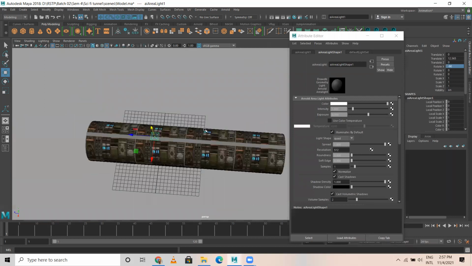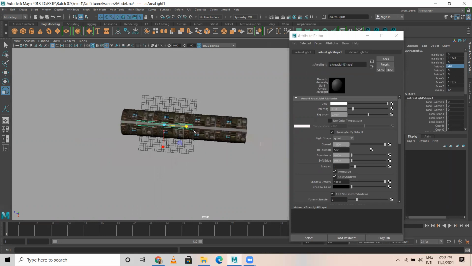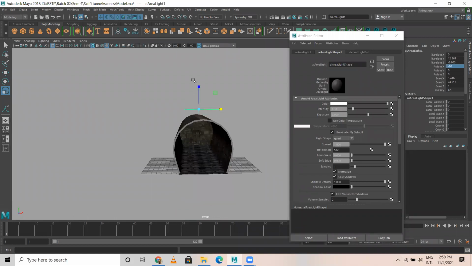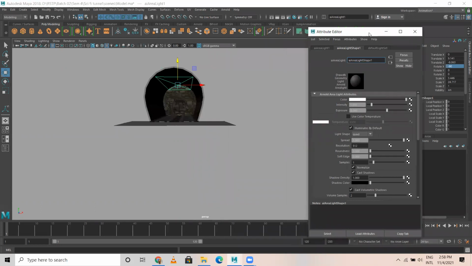So here, what I'm gonna do is place this light like this, this big, and this big, like this. After this, I'm gonna bring this a bit down, and coming to light, I would like to increase the resolution to 1024.